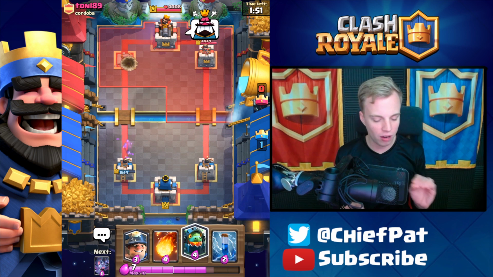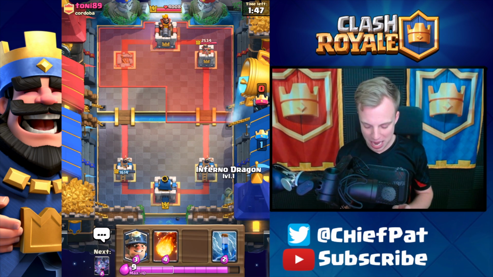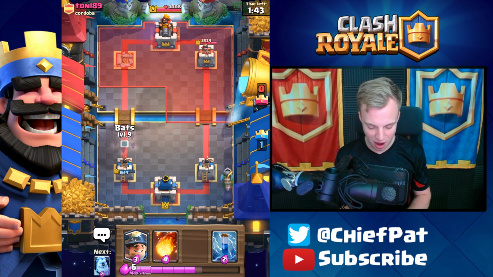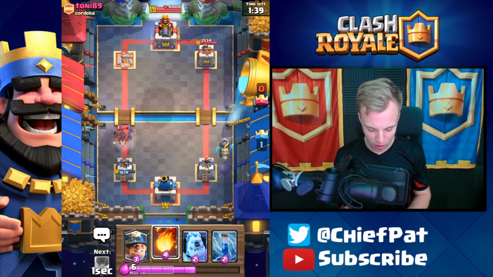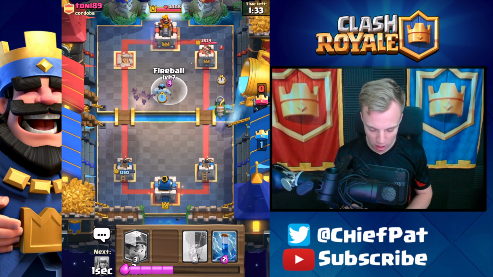But keep in mind, a Hog Rider, once again, one of my least favorite matchups with this deck, so I'm not feeling the best, but we'll go ahead and get ready with an Inferno Dragon on this side. We've got Bats just in case the Hog Rider comes out, which still is not the best counter at all. Hopefully he doesn't have Zap still. Ooh, we're gonna be able to burn down that Hog Rider super well. And as the Ice Golem goes down,